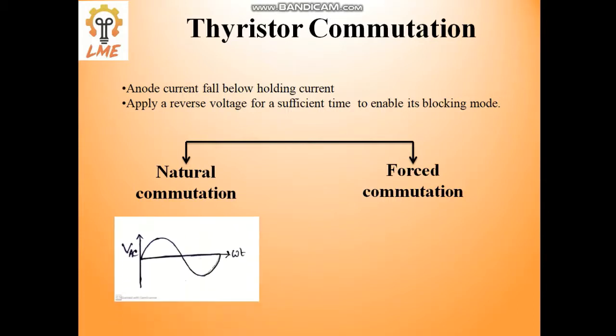Natural commutation is only possible in an AC circuit, because in an AC supply, in every cycle it attains a zero value once. In this cycle it attains this zero value once, and it also applies a reverse blocking condition in this second half zone, meaning the negative half zone. So when we consider the AC supply, we don't think about commutation because it is naturally commuted. If we trigger the thyristor over here, it will automatically turn off in the negative half.